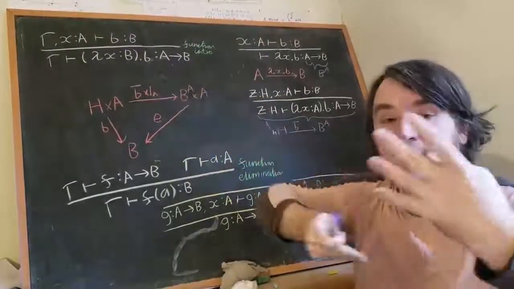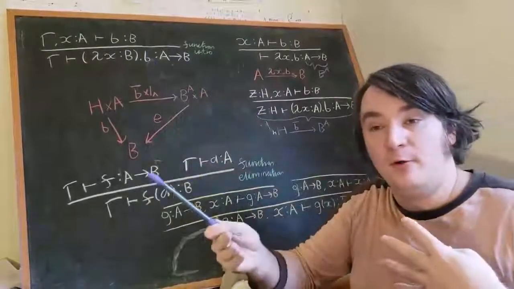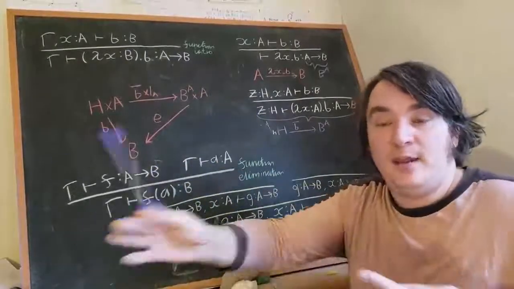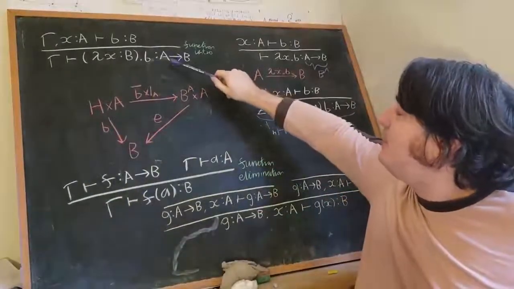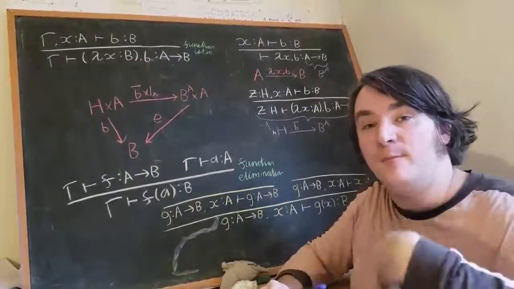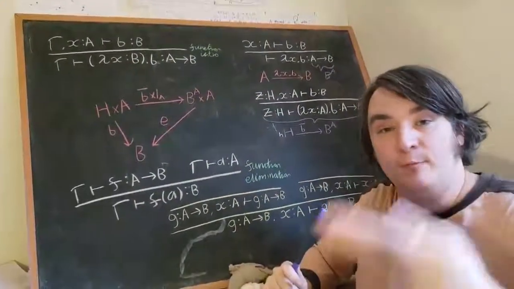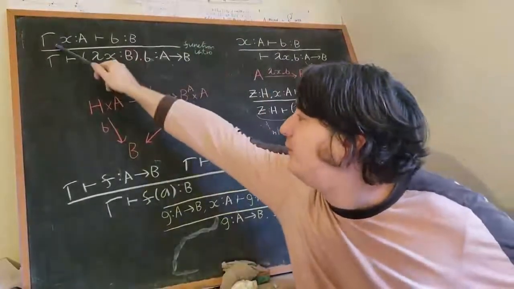Now, the meaning of this, how it evaluates and how to use this function and so on and so forth, is something that we're going to see as we unroll the rest of our theory. But I think you probably get the idea that it's basically just forming this function from A to B. Also, in terms of logic, this makes good sense, because what it's saying is that if in a context gamma